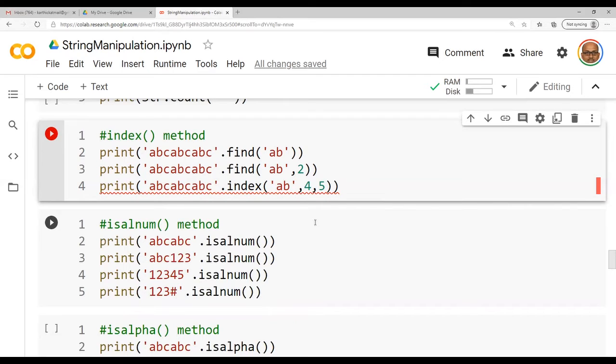Is_alnum is going to check whether the entered string is alphanumeric, meaning it can have a combination of both alphabet as well as numeric, or numeric alone or alphabet alone, not anything other than alphabets and numeric. See, for the 3 print statements, that is line number 2, 3, 4, it is going to give me the result as true. And for the 5th print statement, it is going to give me the result as false. Why? Because you have a special character there.